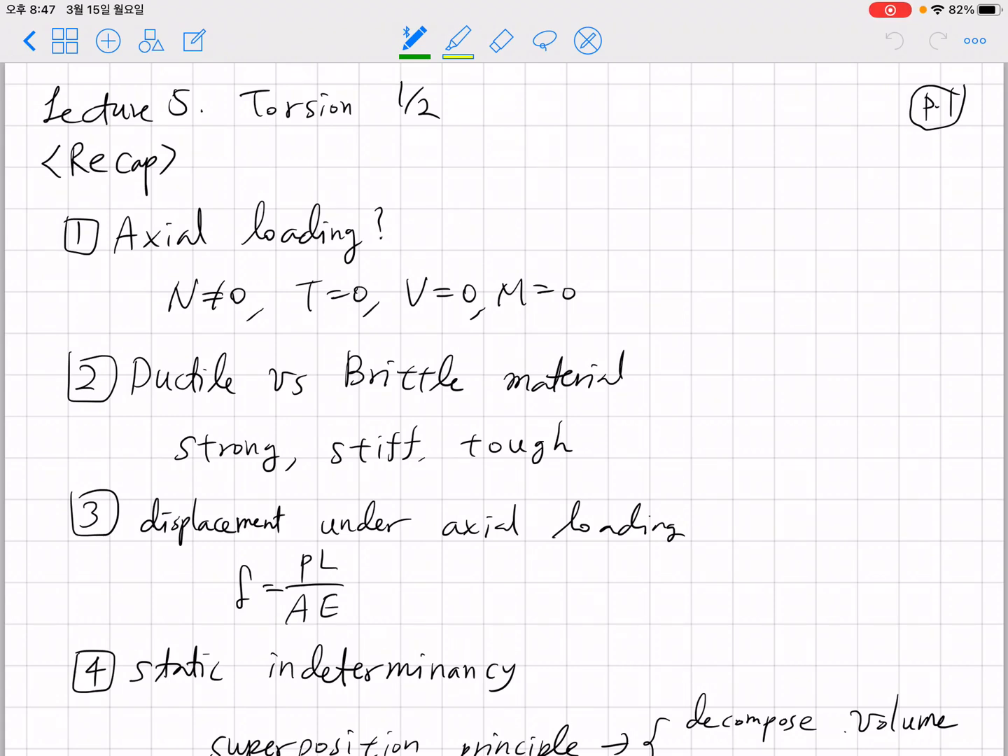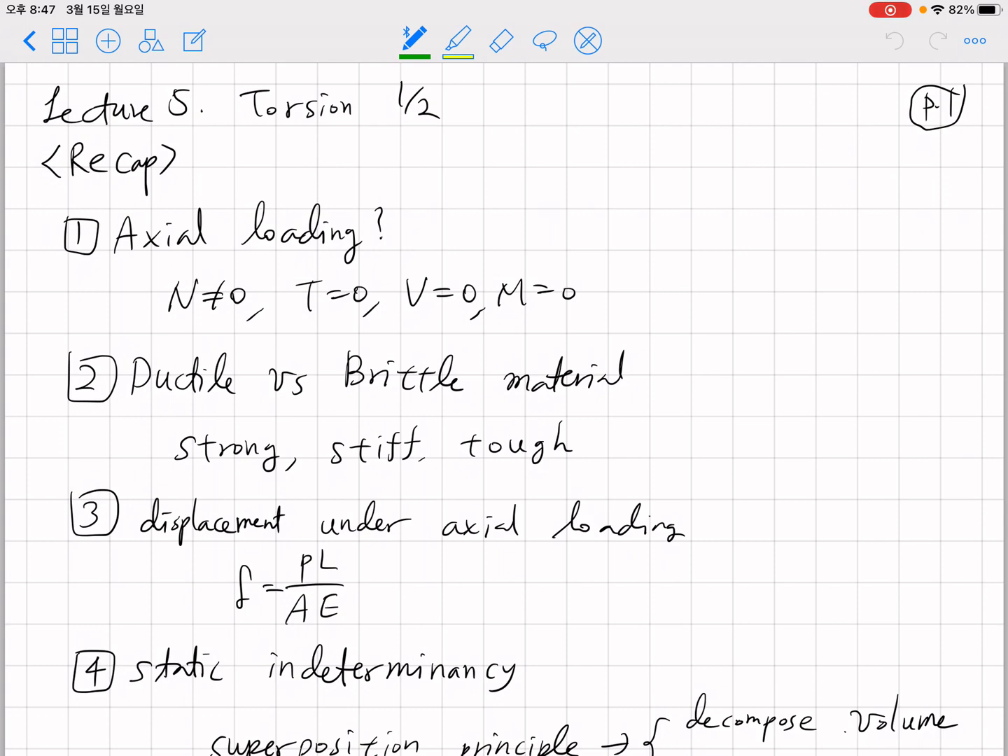Hi everyone. Today in lecture 5, we will discuss our first lecture on torsion. Before talking about the torsion, let me give you the recap for the entire axial loading chapter,